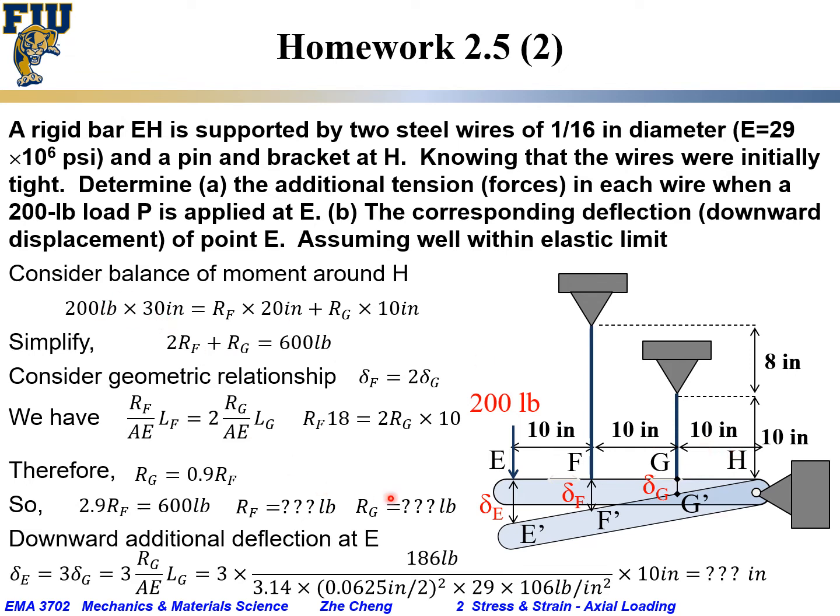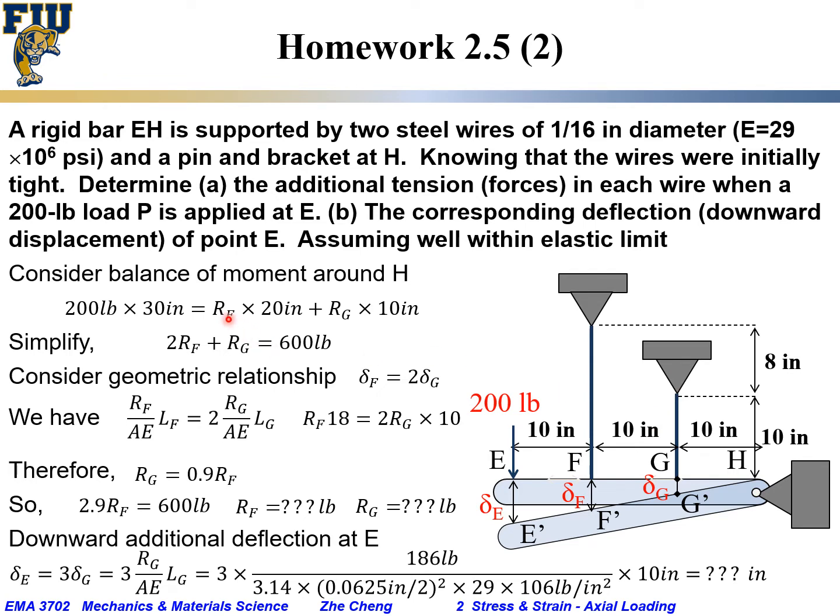And that is trying to rotate this EH bar which way? Counterclockwise. And for simplicity, let's assume the resulting additional tensile forces in F and G are both going upward,